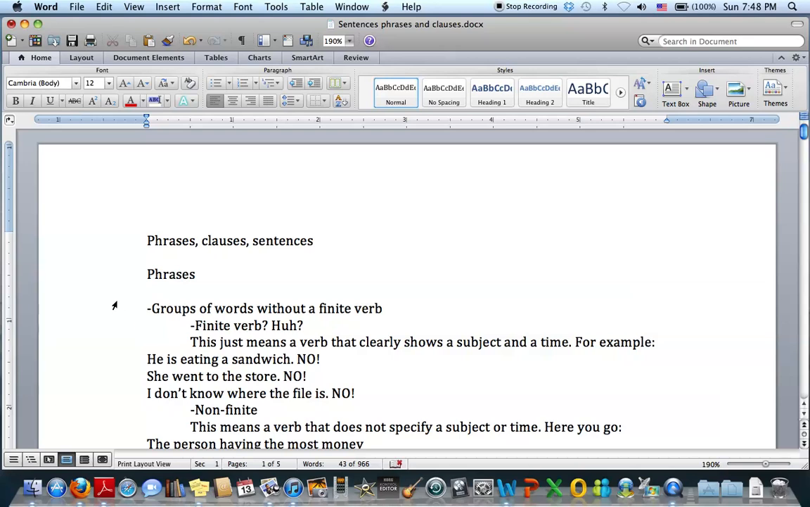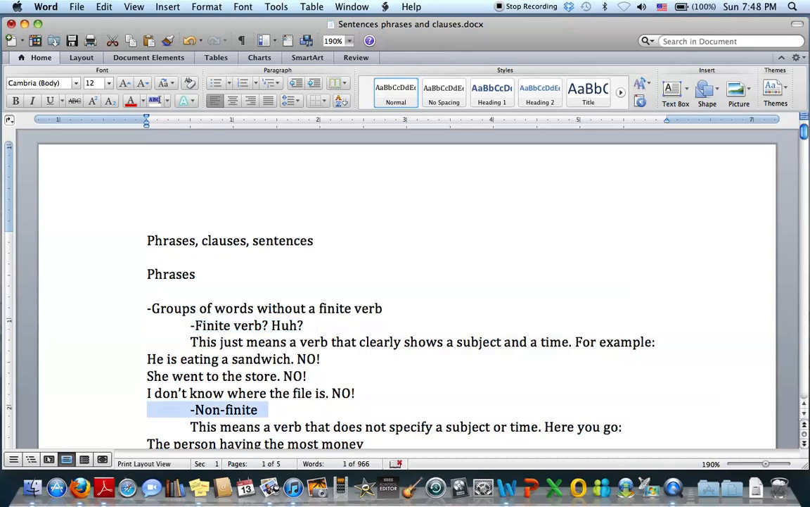Okay, so let's look back up at this again. A phrase. It's a group of words without a finite verb, which is why all three of these don't work. We have, in each case, a finite verb. We have is eating, we have went, and we have don't know. In each case, we can figure out who the subject is, and we can figure out when it's happening. So, the opposite of finite,